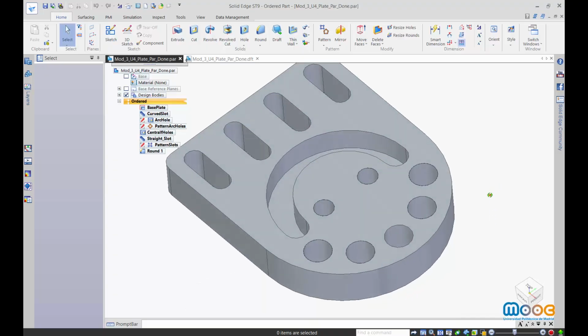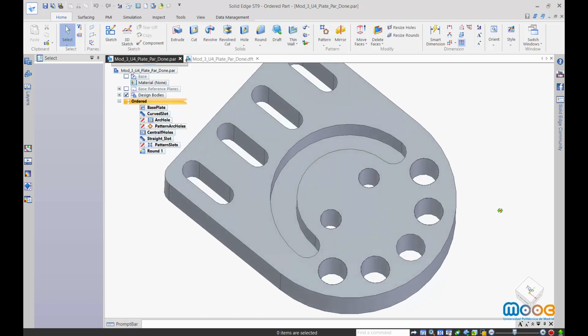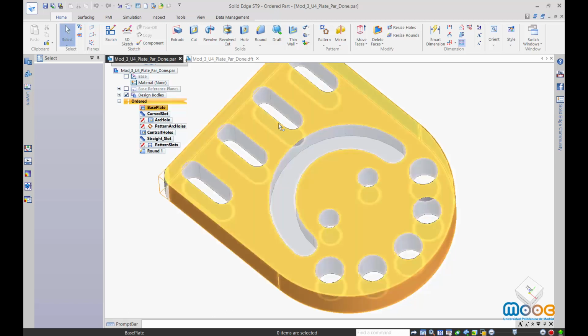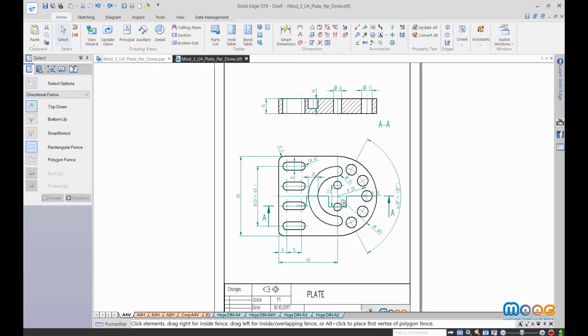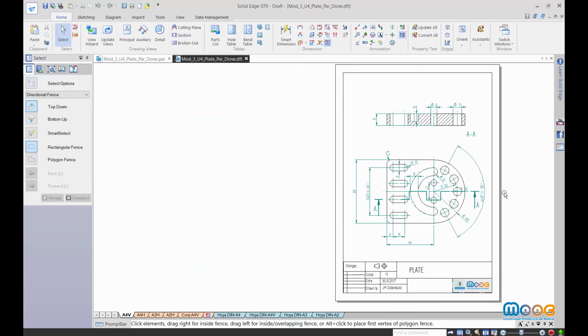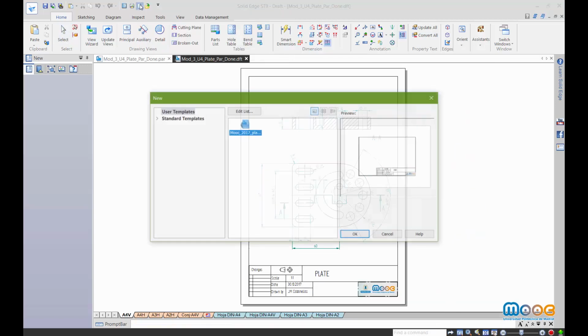This is the part we are going to do. It's a plate with several holes and several slots, and with a curved slot and two central holes. We have the dimensions of the several features of the part in the draft, and these dimensions are what we are going to follow. We create a new